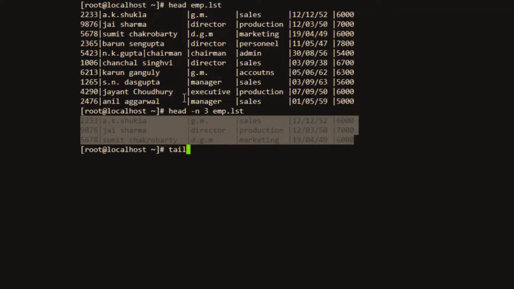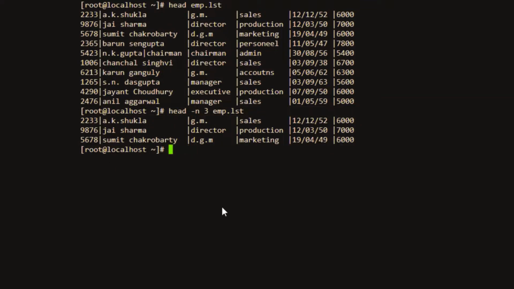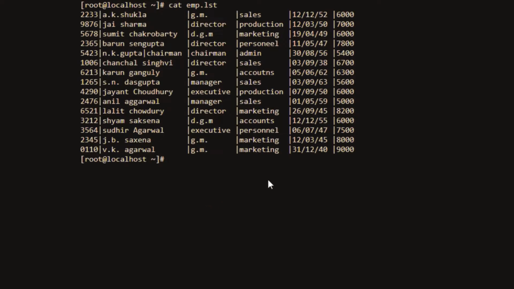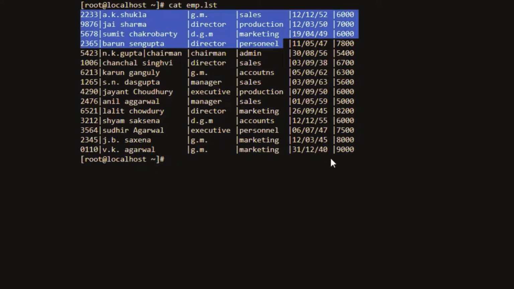Say for example, we'll go back here and see the cat command again. First we'll clear the screen, we'll use the cat command, cat followed by the file name, that is emp.list. So here we have n number of lines, that is 15 lines. You want to leave the first 5 lines, that is you want to fetch the last 10 lines from the bottom.